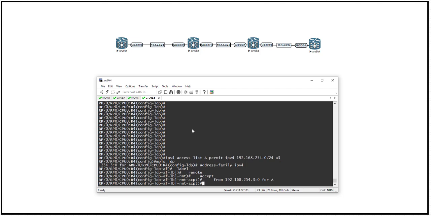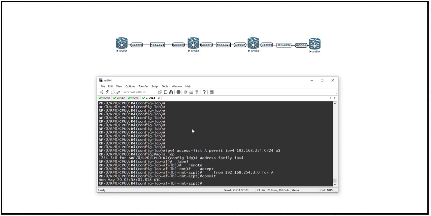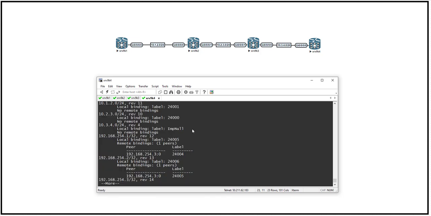Actually, now we can configure the LDP inbound filtering and also LDP outbound filtering. You can define from which peer you want to receive which label for which networks, and also which labels should be advertised in outbound filtering to a specific peer. Now, do show mpls ldp binding can show us that we don't have any label for these networks. Don't forget,